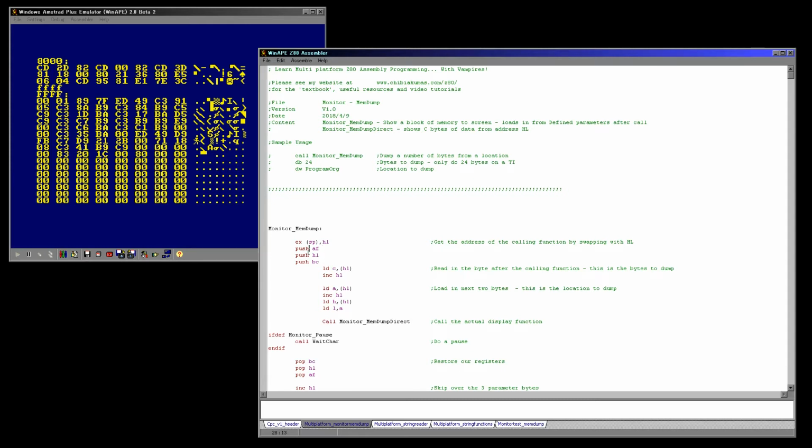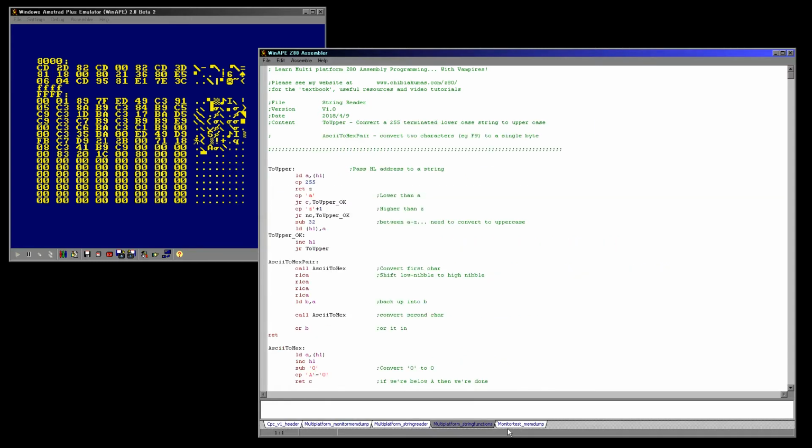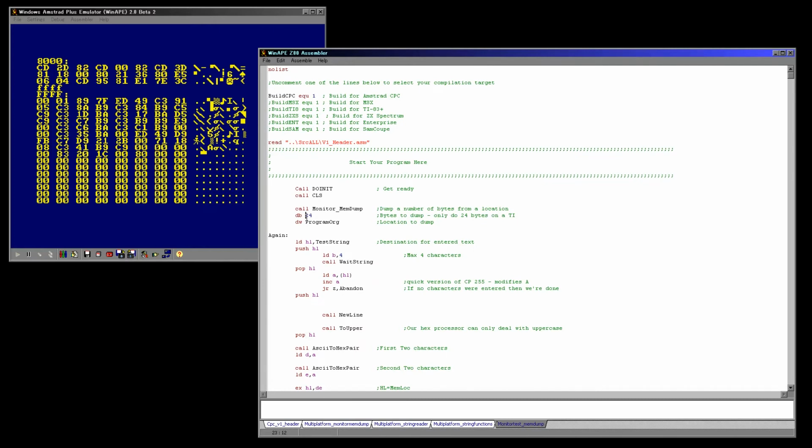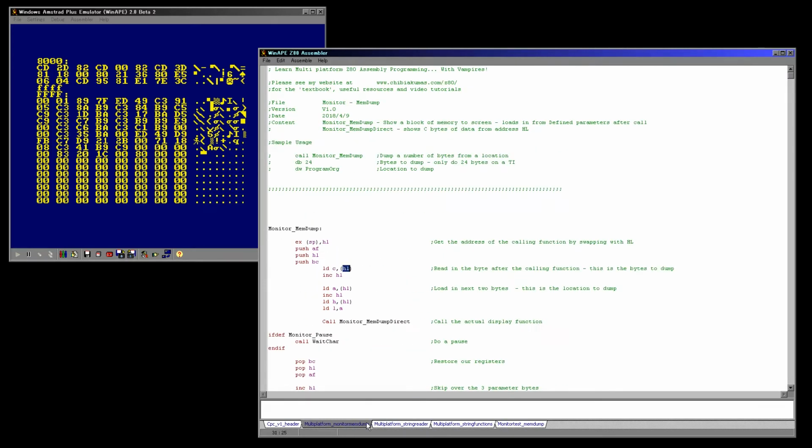So the first thing we do is we back up our registers that we're going to need. And then we load in a single byte from the address HL, which will be this one here, which is the number of bytes we want to show. And we're loading that into C, and the reason we're using C is because we will be using B for the line-based loop later. Once we've loaded in C, we then increase HL to the next byte,